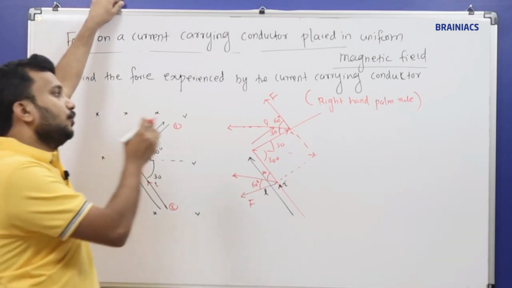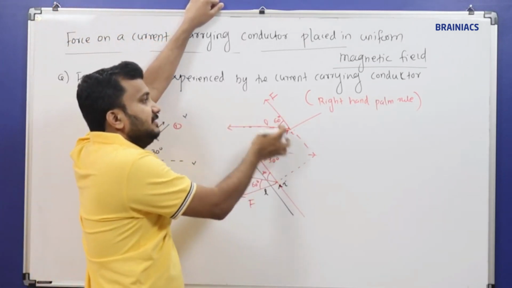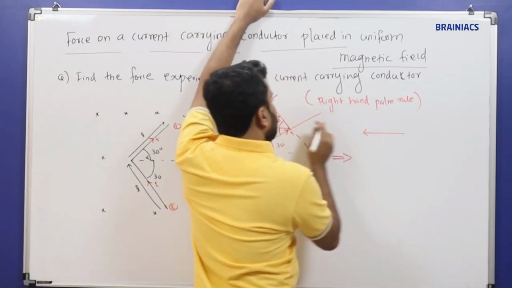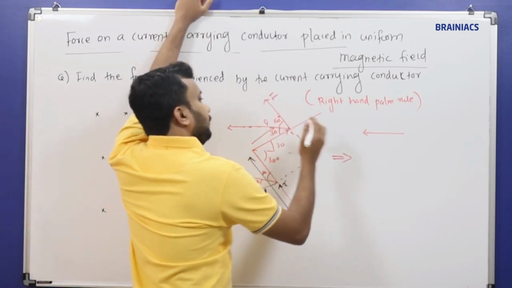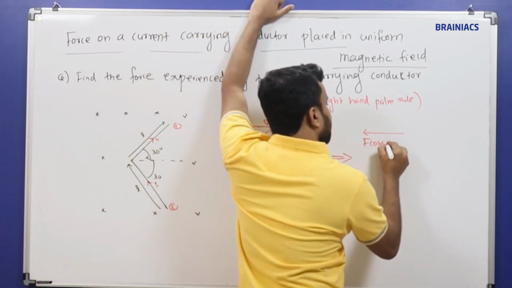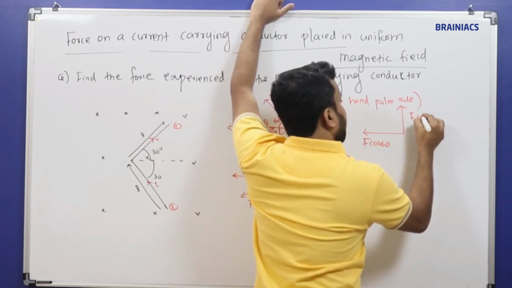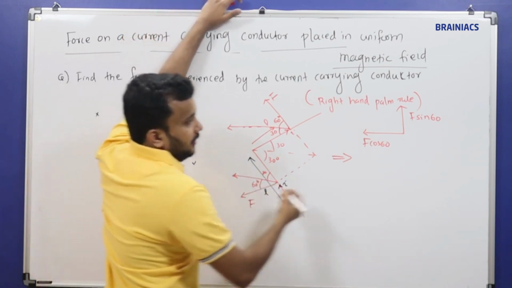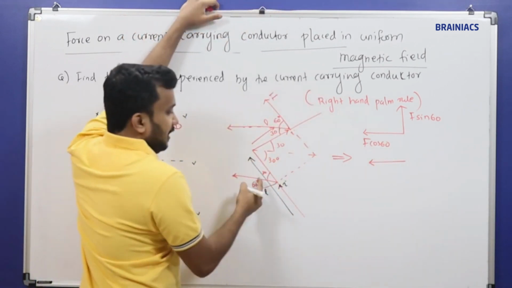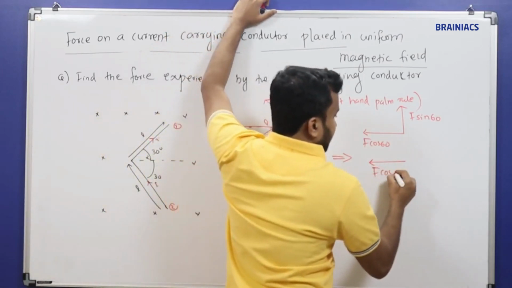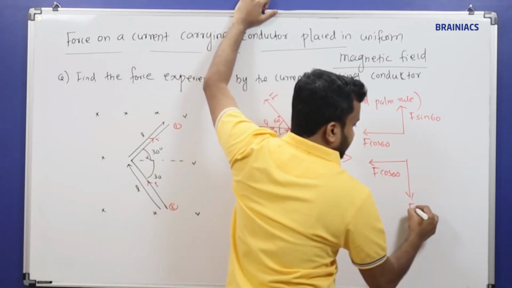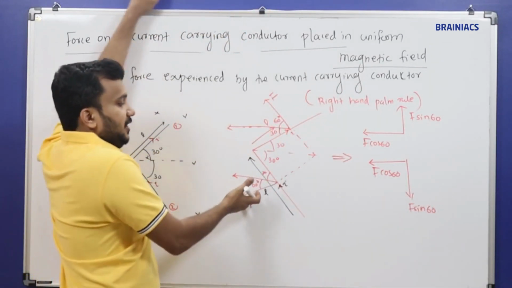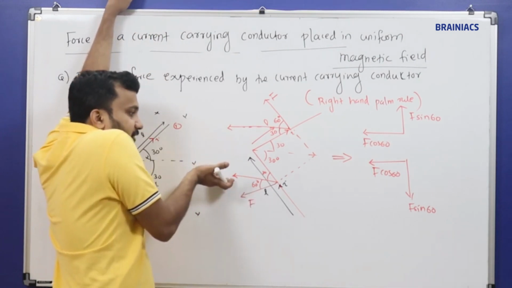So this force F, in this direction, can be split into two components. Listen very carefully. The side nearer to theta is called F cos 60, and the other one is F sin 60. Similarly, at the bottom we have F like this. So horizontal and vertical: again F cos 60, F cos 60, vertical F sin 60. The side nearer to theta is called F cos 60, and the other one